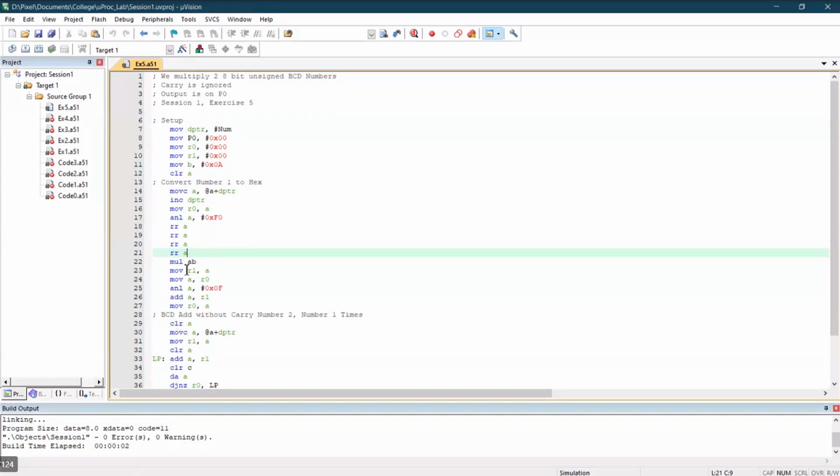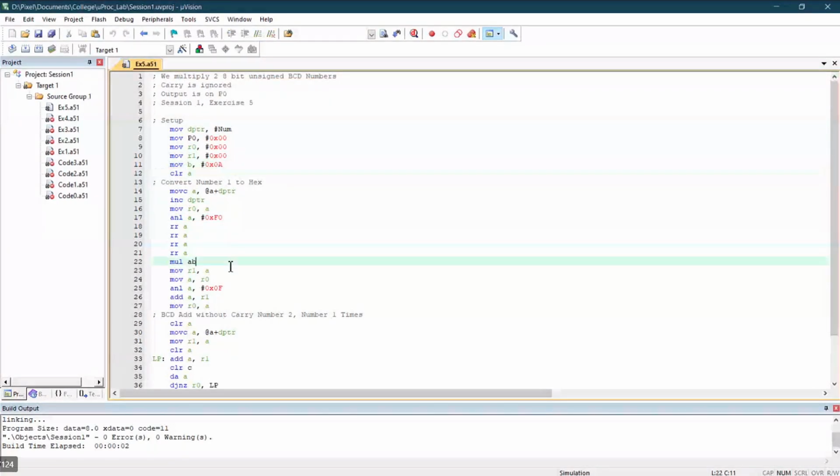I see, sir. Okay. So once this rotation is done, we multiply A and B. That's what we were supposed to do: higher 4 bits into 10. And then we move that value to R1 to store it, because all of the operations have to be done in the accumulator.